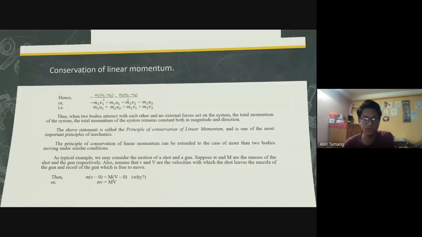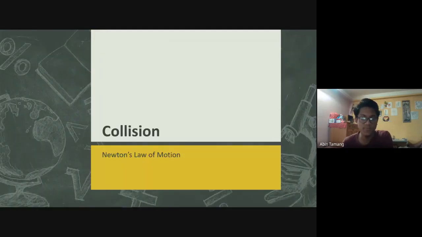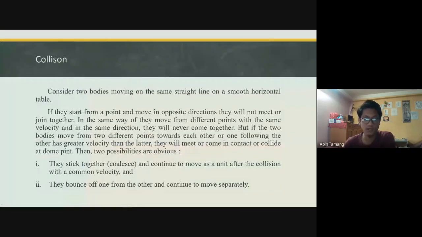Now, let's begin collision. So consider two bodies moving on the same straight line on a smooth horizontal table. If they start from a point and move in opposite directions, they will not meet or join together. In the same way, if they move from different points with the same velocity and in the same direction, they will never come together. But if two bodies move from two different points towards each other, or one following the other has greater velocity than the latter, they will meet or come in contact or collide at